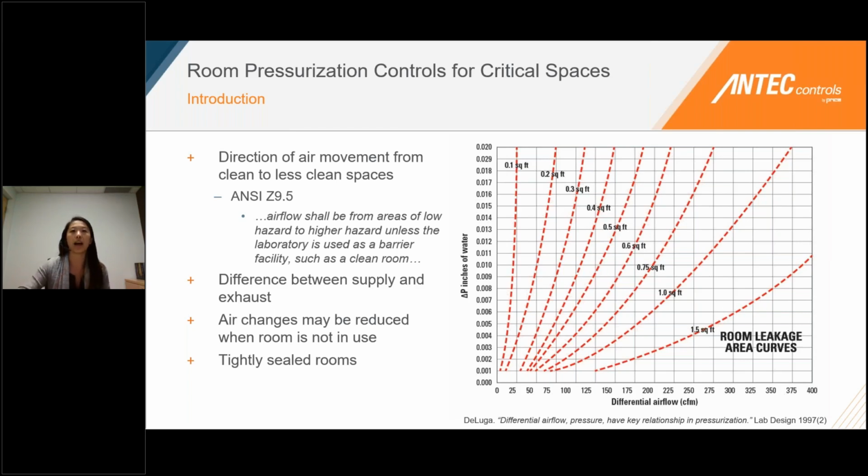So here on the right, I have a chart that shows the different amounts of leakage and the differential airflow required to make up for a certain hole in the space, based on the differential pressure between the lab space itself and an adjacent hallway or reference space. So let's say we have a differential pressure of 0.01 and the leakage size is about 0.5 square feet. If we interpolate and go down that graph, you can see that we need at least 125 CFM to offset